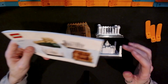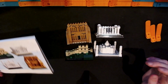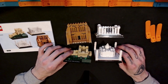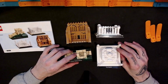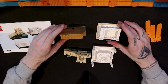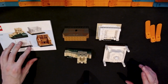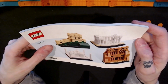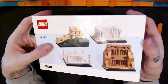So this is set number 40585. Like I said, it's World of Wonders. It has 382 pieces, and I got it as kind of free, kind of not, with my points. So there are 4 little models here. They are rather tiny, but they are wonders of the world, not natural wonders, but some really important and significant cultural landmarks and buildings,